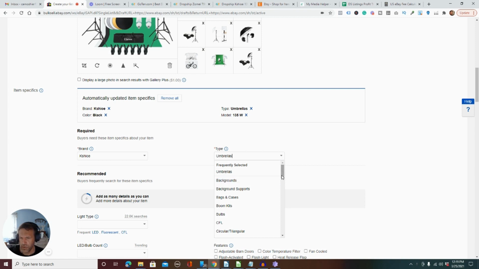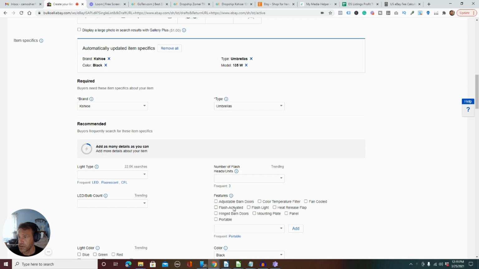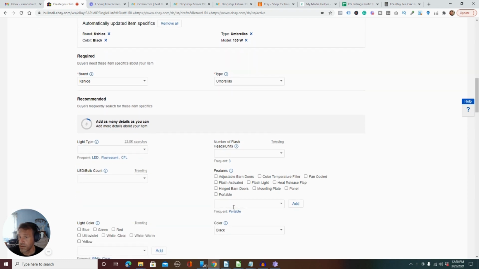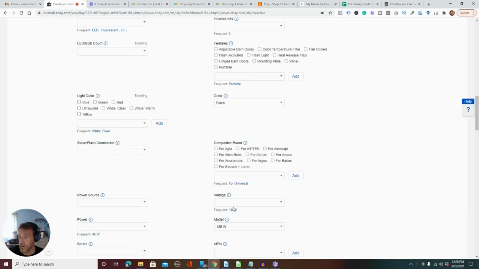Background support. Umbrellas. Yep, umbrellas. I'm going to keep it that way. As many details as you can. So I will have to